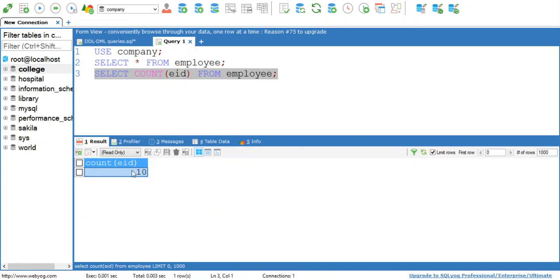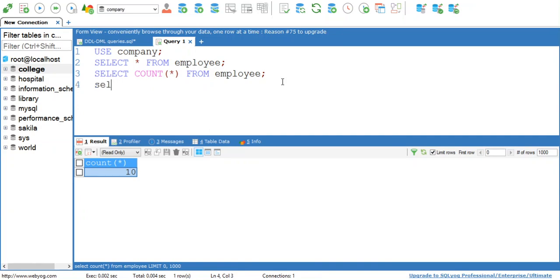See at the output you can verify your query effect. There are 10 employees. Count of employee ID is 10. So instead of this count employee ID you can simply write count star. Okay, it will also count all the employees, that is 10. So this is how the count function is used to count the number of rows in your table.